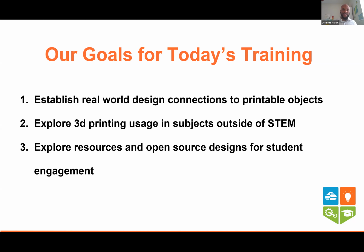So back to our goals for today. We wanted to establish some real world design connections to objects that are actually printable by your students. And the reason why I say that word actually printable, oftentimes we say that anything that our students, or that we as lifelong students, think of is printable. Anything we can imagine we can print. That's only halfway true. There are physical limitations to what the printer is able to do, and the laws of gravity also will cause some issues with a 3D printer if we don't take that into consideration as we design. So we will take a look at what that means and how we can set up our prints to be